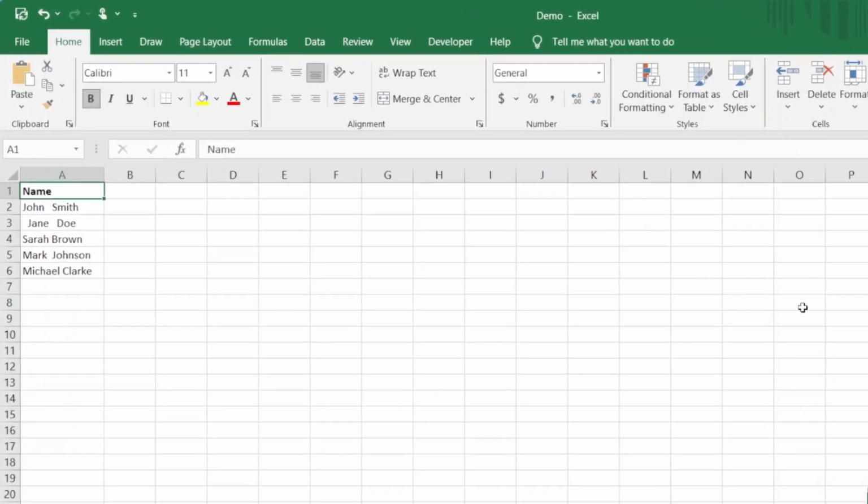Let's look at the names up on screen. Up here you will see that there is extra spaces in between some of the words, before some of the words, and then also after. Let's take John Smith, for example. If I click into the formula bar, you'll see that there's extra spaces in between John and Smith, as well